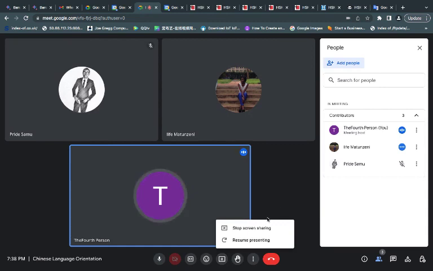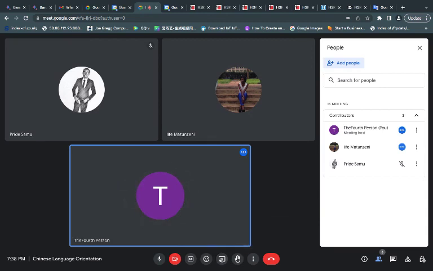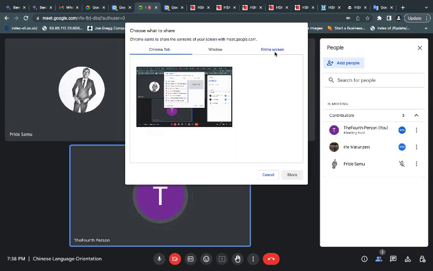Okay, it's presenting screen. I'm going to say stop, and then I'm going to click share again, and then you're going to ask me why do you want to share. Just a second as I'm trying to share the whole screen, because I figured when you want to share the whole screen it kind of lags a little bit, but then it allows you eventually.